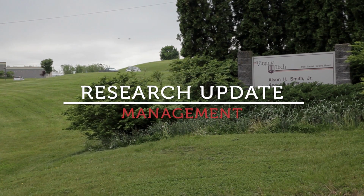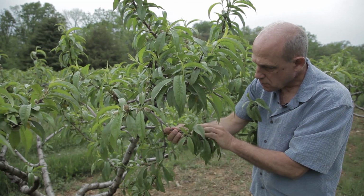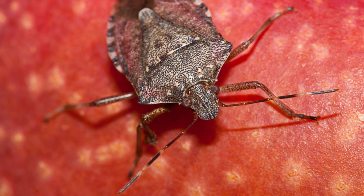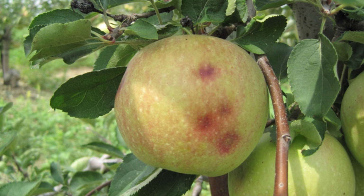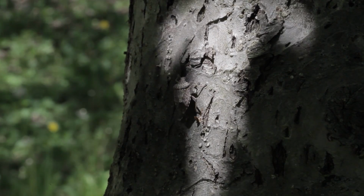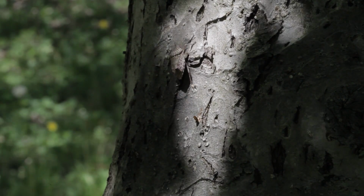Since about 2010, I and my colleagues have been working on various aspects of monitoring and management of brown marmorated stink bug. In apples, we understand that brown marmorated stink bug injury is beginning to be expressed typically in mid to late June and continues to increase in severity through July, August, and even into September. So it has enabled us to advise growers about when they should consider intervening against brown marmorated stink bug if